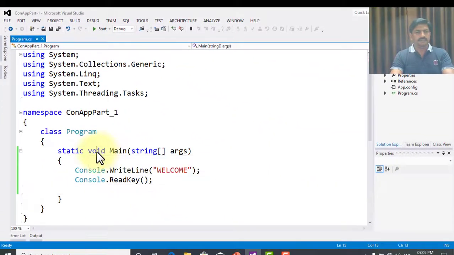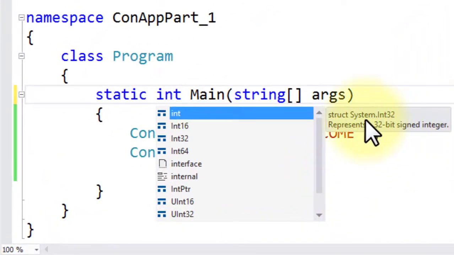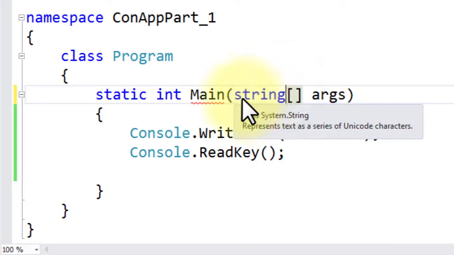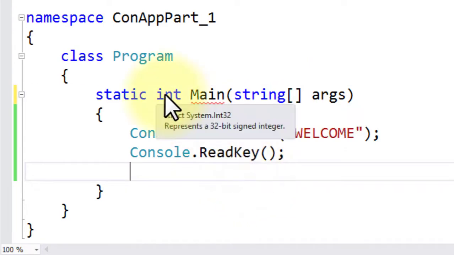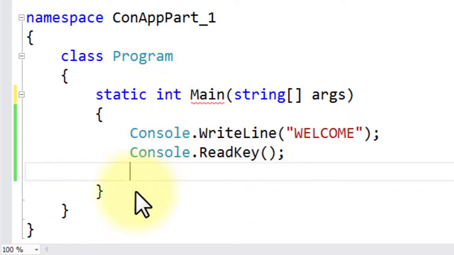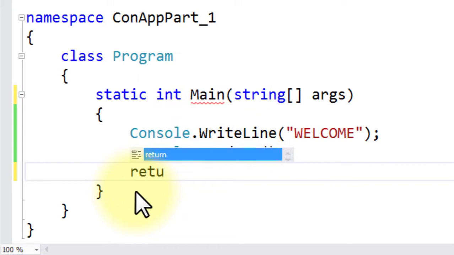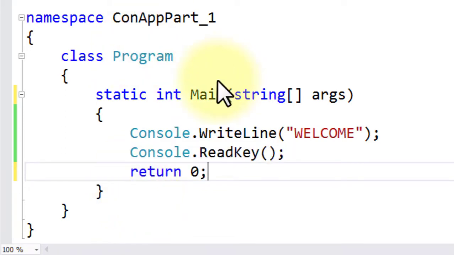The last version has return type integer, and it has an argument, args, of string array type. So if you mention the return type as integer, you must return an integer value, that is 0. Why 0?